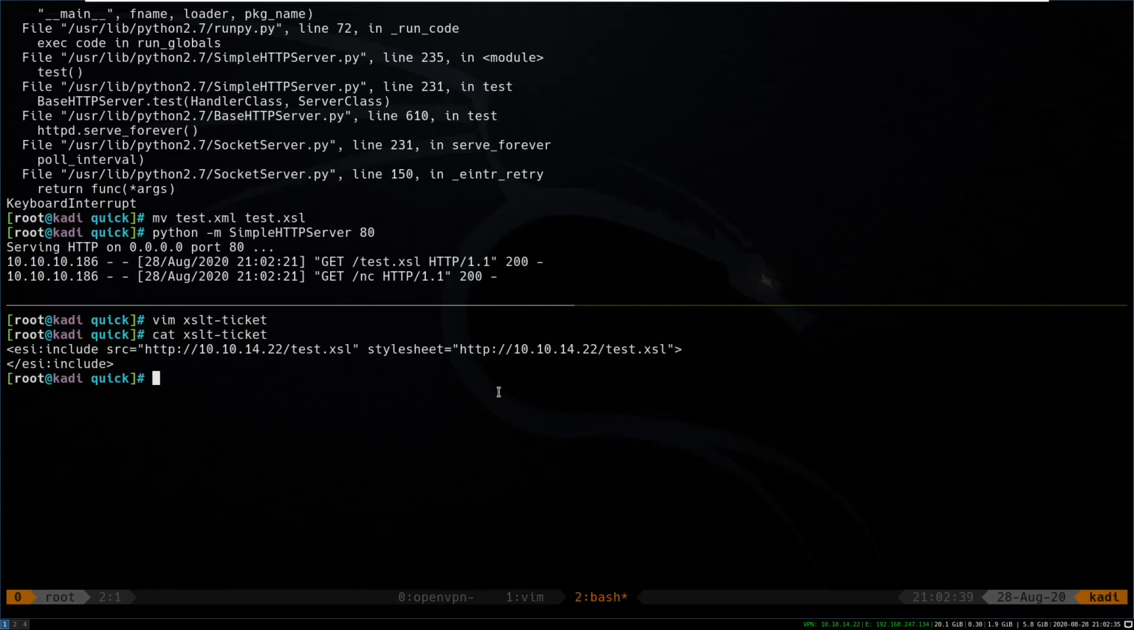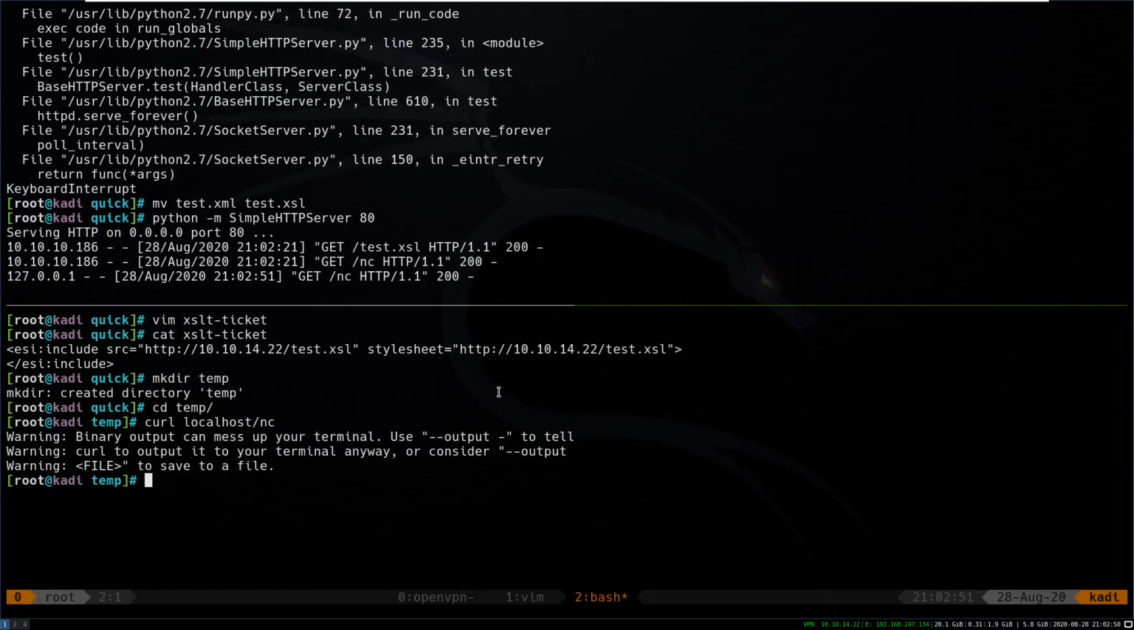So if I curl localhost netcat. Okay, so I need to give it an output. Okay, but curl works. So